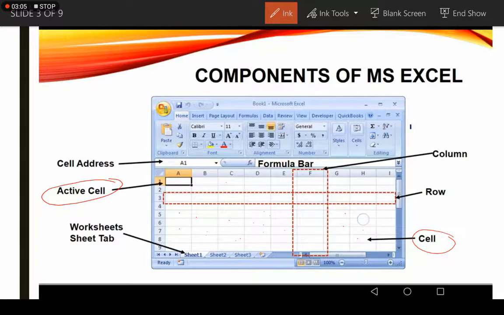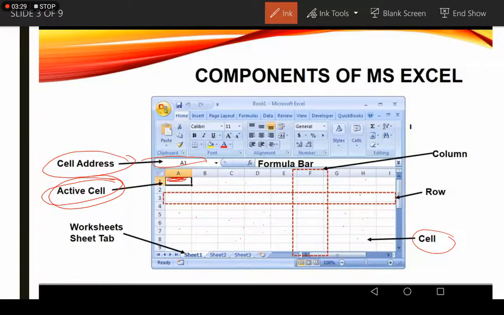So all the boxes are called cells, but whenever you click on any cell or write something in any cell, then the cell is called the active cell, and the cell address of the active cell will be shown in this box, the cell address box.